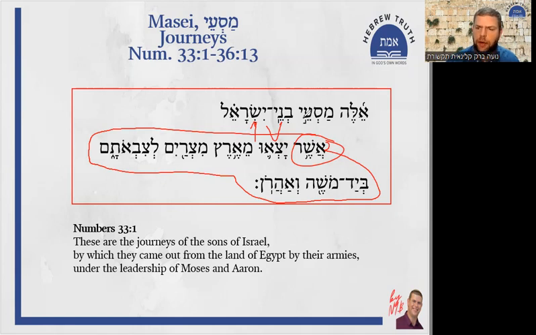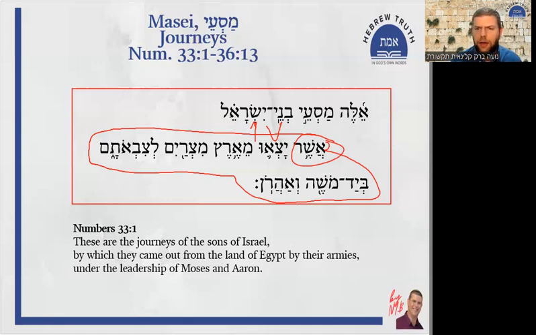The journeys or the sons of Israel, specifically, it modifies the sons of Israel. Which sons of Israel? Which came out from the land of Egypt. So if it modifies the journeys or the sons of Israel, that's already a discussion, but you can see the difference between a sentence and a clause.